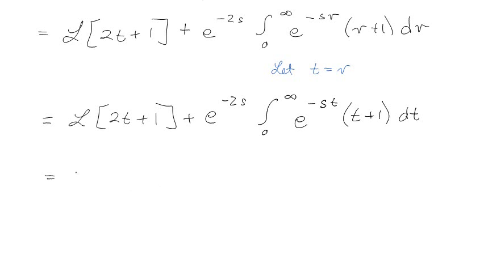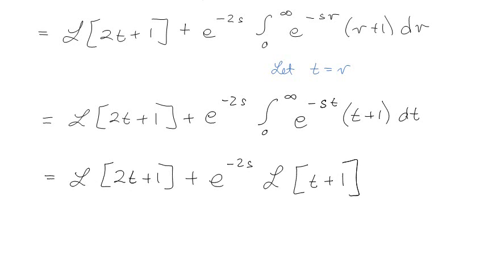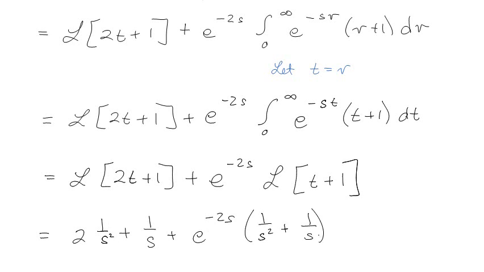Okay, so the whole point is, now I have the Laplace transform of 2t plus 1 plus e to the minus 2s times the Laplace of t plus 1. Okay, you're like, that's absolutely insane, but at least now I can do it, so I have 2 times 1 over s, 2 times 1 over s squared, right? T squared, the t becomes s squared, and it's over, yes. 2 over s squared, 1 over s e to the minus 2s, and then again 1 over s squared and 1 over s. Now there is an easier way to do this, but I just kind of wanted to